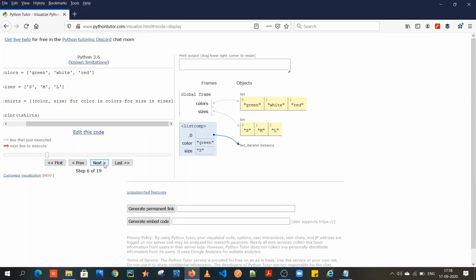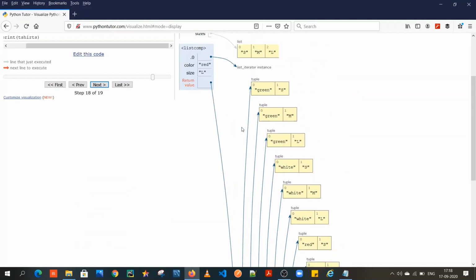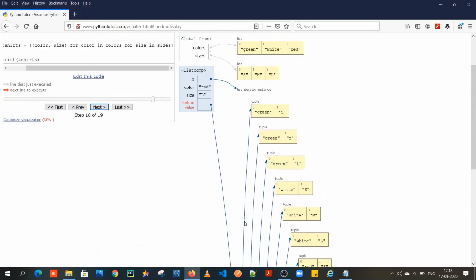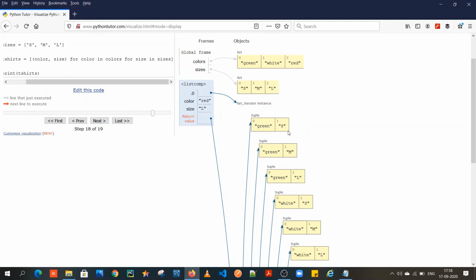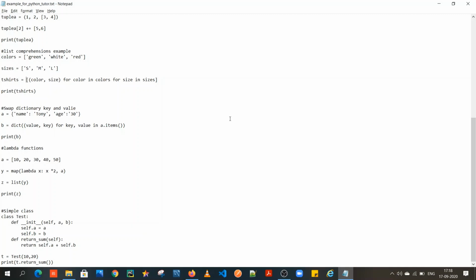So again, next. The list comprehension has started, and you can see that the first tuple will be this, the second tuple would be this, the third would be this, and so on. Let me click a few steps, 2, 3, and next. So as you see, this is what happens. What it shows us is that this whole operation would create a list, and each element would be a tuple consisting of green, the color, at index 0, and the size as the second element. So what this list comprehension does is it creates a list of tuples of color and size.